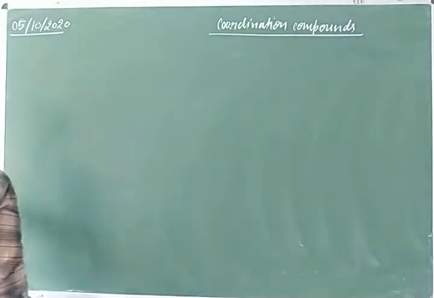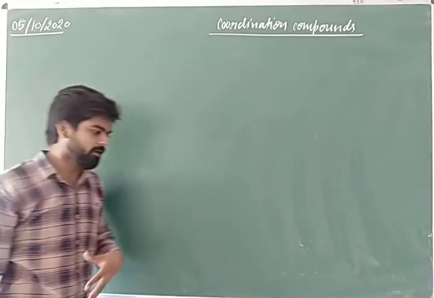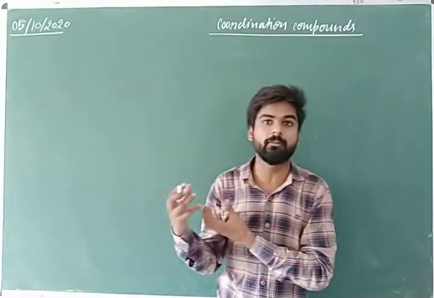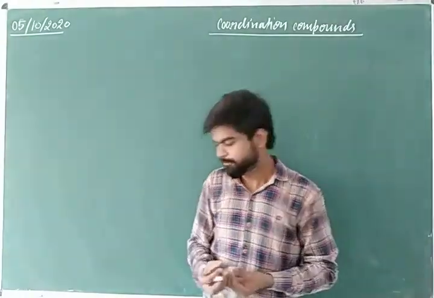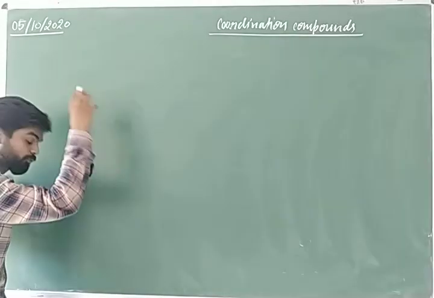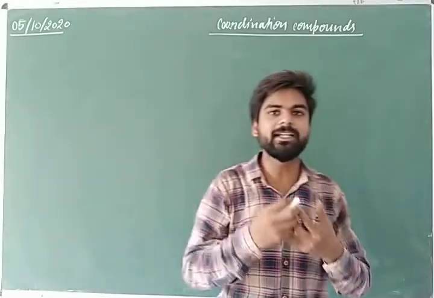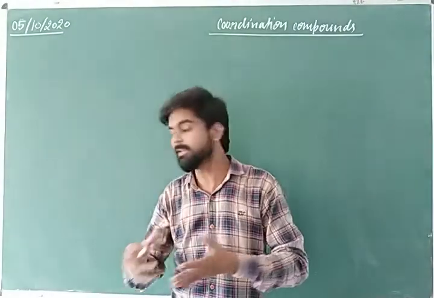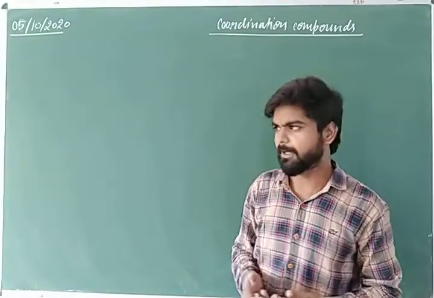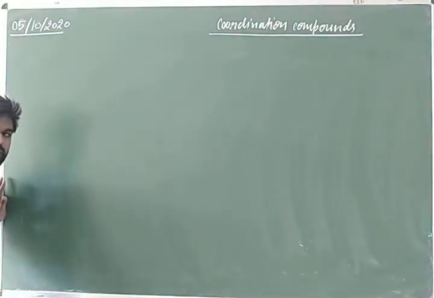Coordination compounds. In the previous video, we discussed the valence bond theory, where I told you some postulates: the metal must have vacant orbitals, and the ligand must possess at least one filled orbital. For metal-ligand bonding there must be effective overlap between the vacant metal orbital and the filled ligand orbital, and we also covered hybridization, hybrid orbitals, coordination number, weak field ligand, and strong field ligand. All these things we discussed in previous videos.